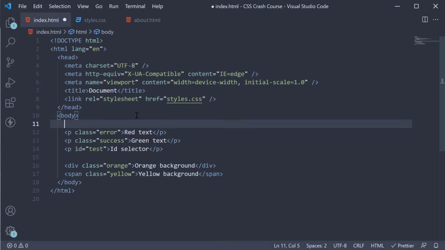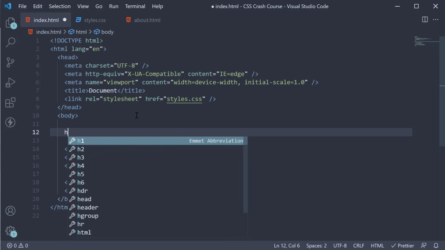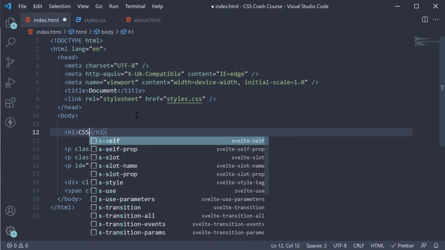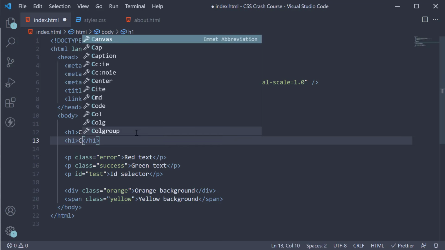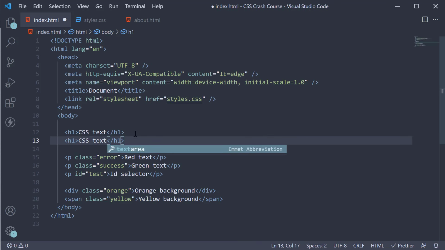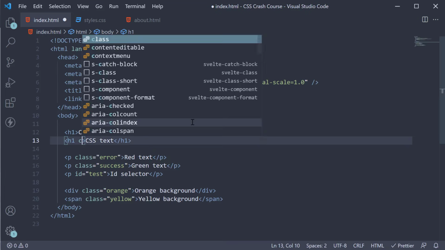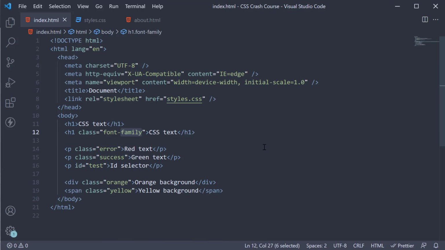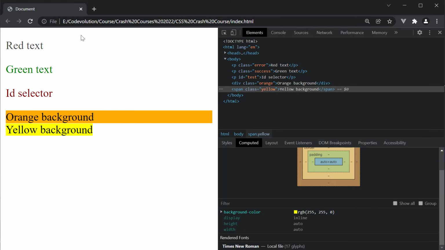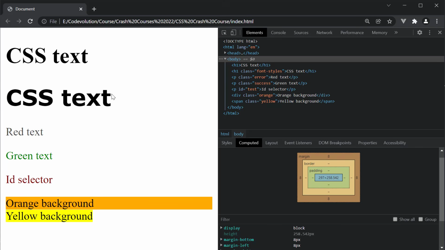In the HTML file, I'm going to add two h1 elements, CSS text and again CSS text. But this time on the second h1 element, I'm going to add class is equal to font styles. If we now head back to the browser, refresh, you can see that the font is now different from